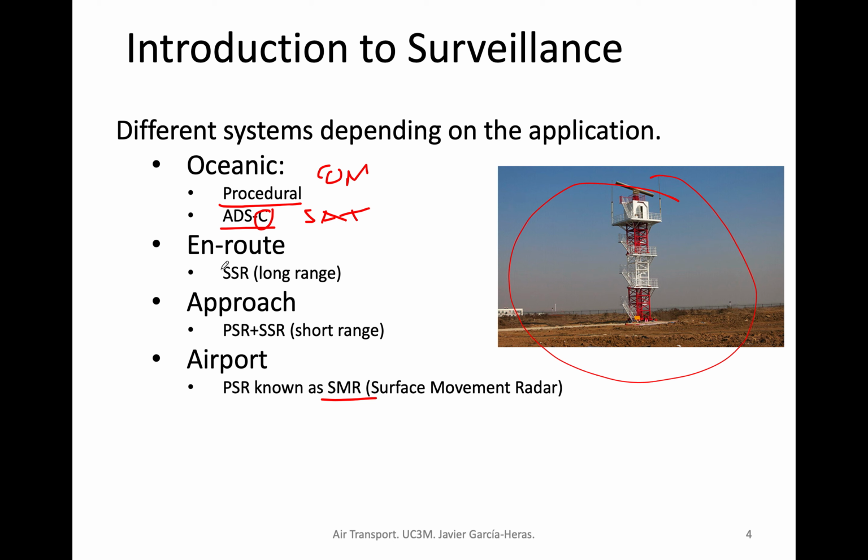En route, you have secondary surveillance radar, but this annotation over here is not by gratitude. It's just to highlight that you don't need the resolution that you are demanding in the approach